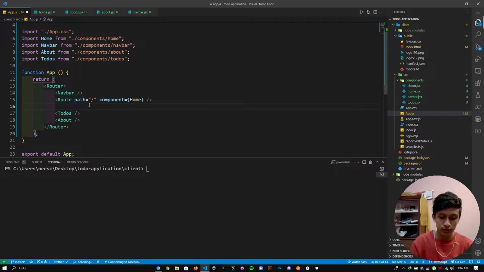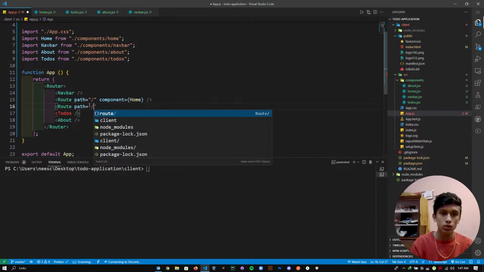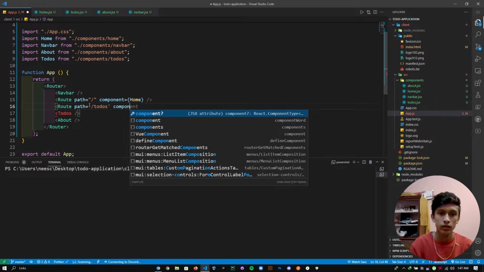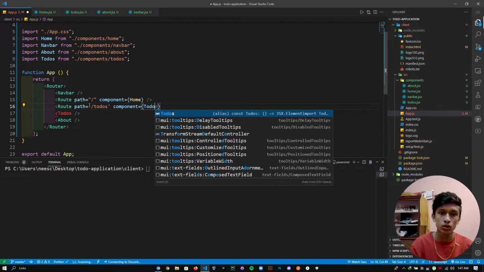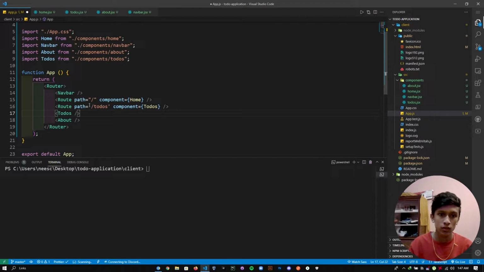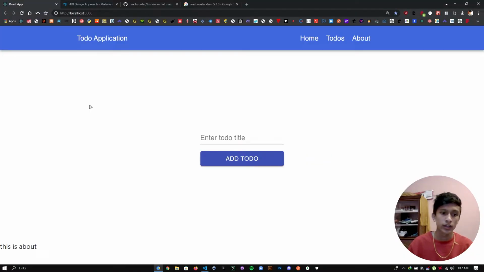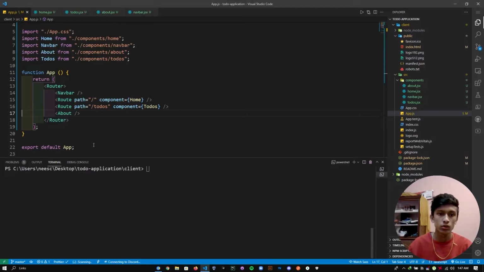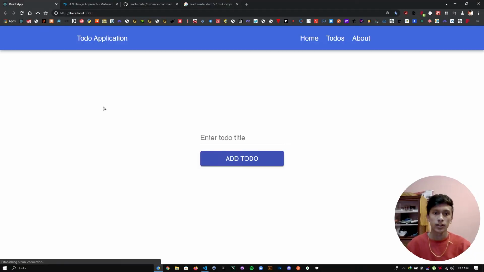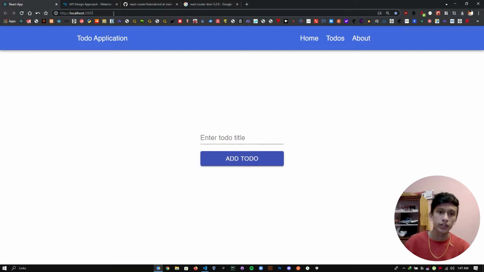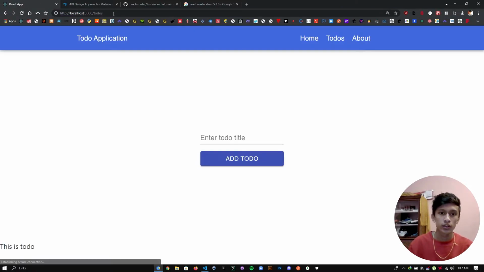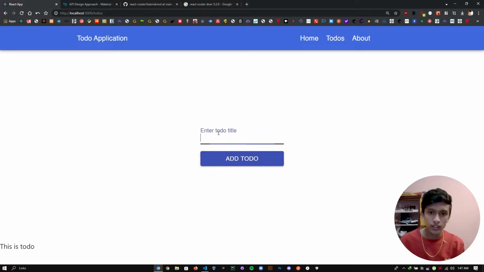Let's fix this route, and then path should be to-do, and then component should be that to-dos. Okay, so self close this and cut this out, and if you save and reload, you can see the to-dos is no more. Okay, to-do is gone. Let's do the same for about, component should be about, and reload, and then if you hit slash to-dos, you can see now to-dos, but it is also rendering this